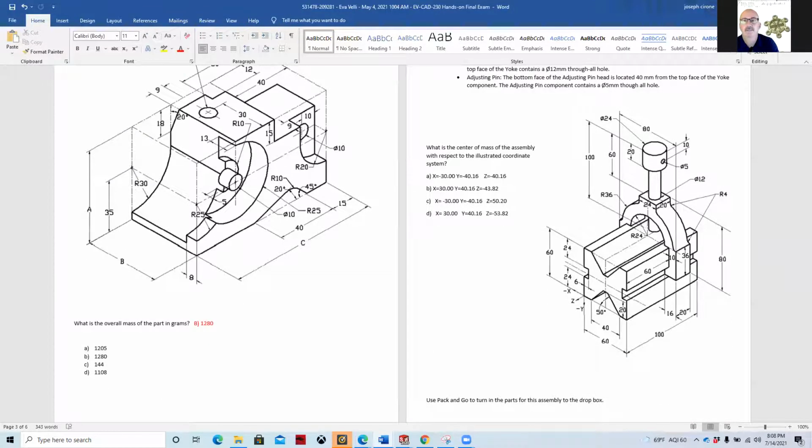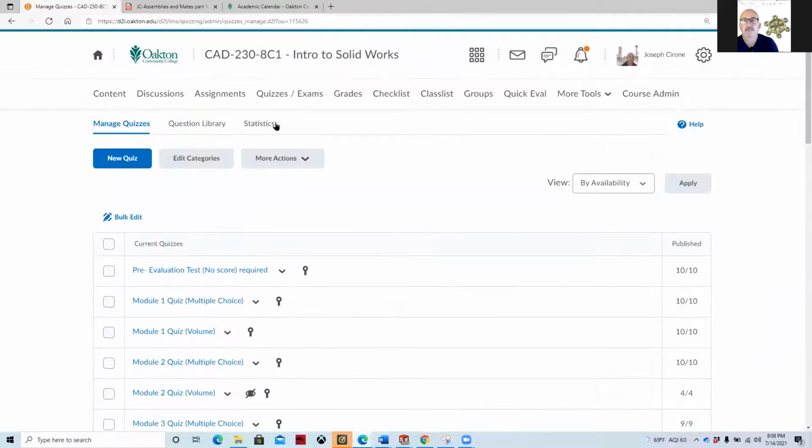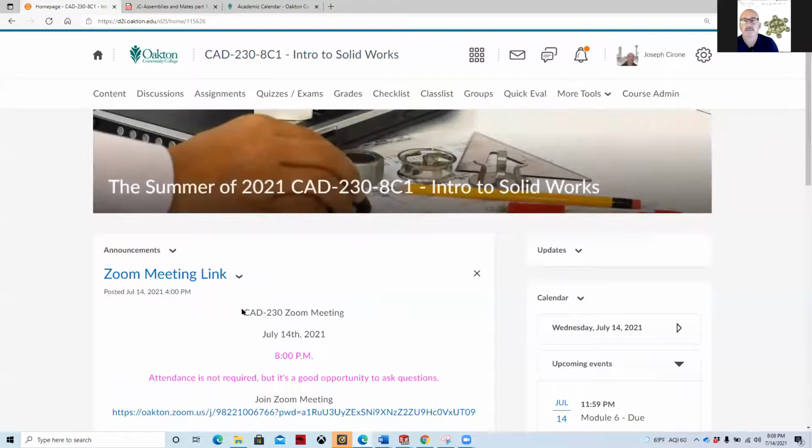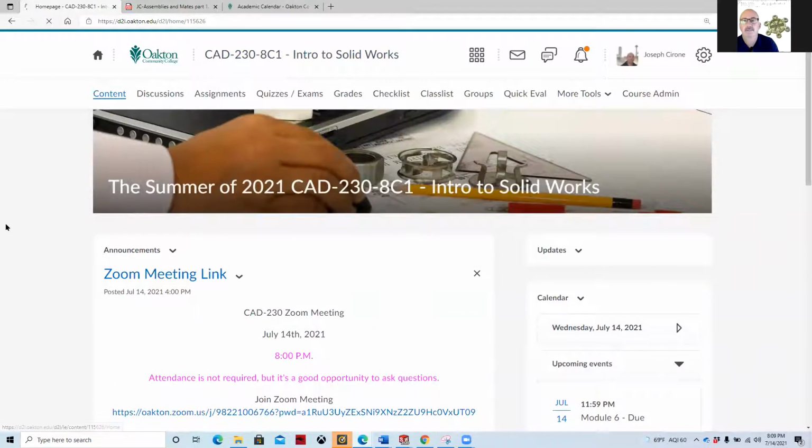All right, with that, let's segue back into what else is being worked on, or our work in progress. Back to the main splash page here. Module 9 is on assembly drawings, and I had to update this because it was incomplete. So I pulled in the content from last semester. If we go under content,